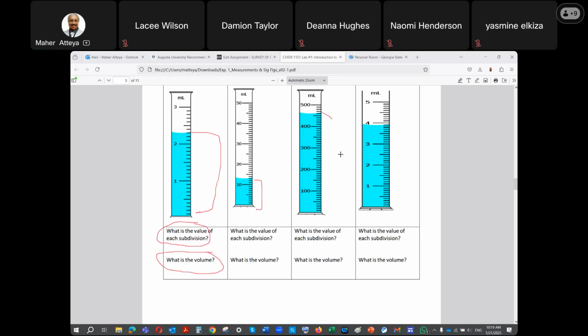Okay, so those are the whole volumes, and the sub is just in between how much it reads. So we have to fill in the subdivision, and we have seen that the majority of them are 0.1, and some of them are 1, some of them are 10. So that's what you have to put. So 10, 0.1, this is, for example, we said 10, correct? This is